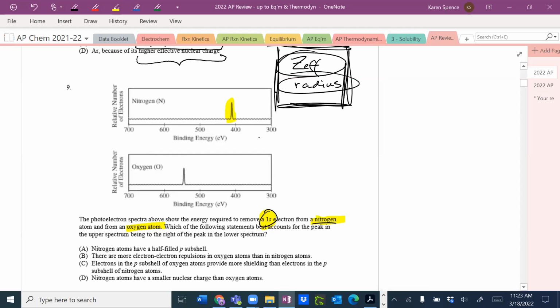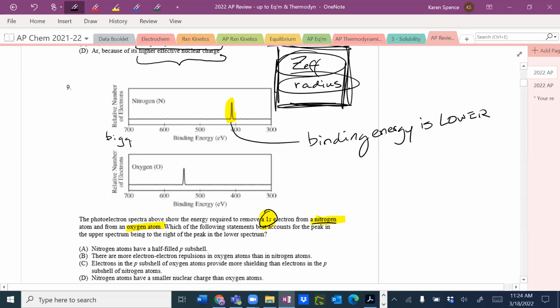It means that this has a lower binding energy, if it's further to the right, which is sort of counterintuitive, but that's how they do photoelectron spectroscopy. The bigger numbers are over here on the left, and the smaller numbers are over here on the right. I think the reason that they do that is that you can kind of make an analogy, if you say, here's my nucleus here,